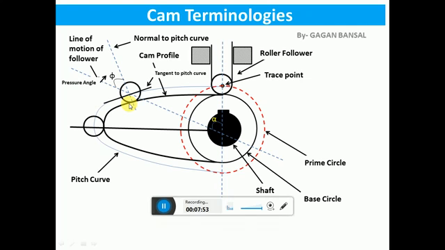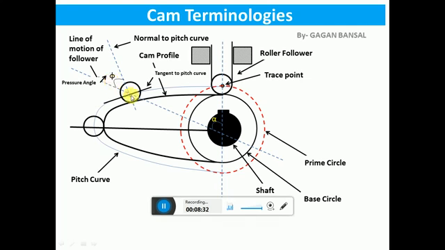The angle is very important in designing of cam. Its maximum value is about 30 degrees. It is denoted by the symbol phi. And one thing very important, if the value of phi, that is the pressure angle, exceeds 30 degrees, a reciprocating type of follower will jam in the bearing. So maximum pressure angle can be taken as approximately 30 degrees, and it also depends upon the angle of ascent, the lift of the follower or follower motion, offset, etc.